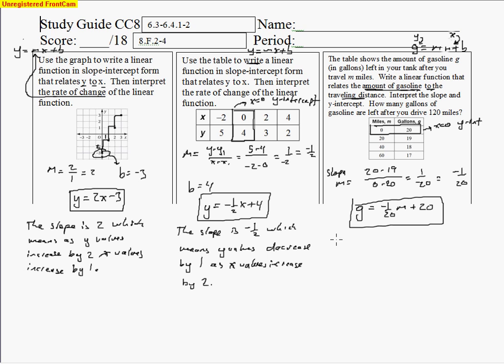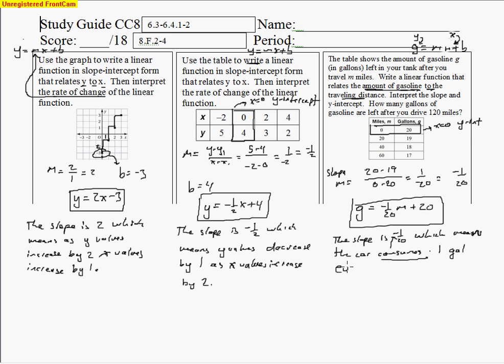So the slope is negative 1 over 20, which means that, and the y value represents the negative 1, the car consumes 1 gallon. So consumes means that's in place of the negative sign right there. Consumes 1 gallon